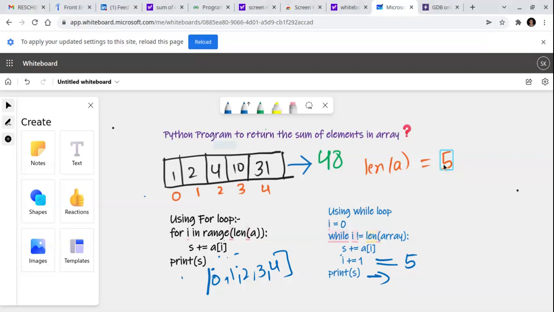You're watching how to return the sum of the elements in an array. So here we have an array 1, 2, 4, 10, and 31, which is of length 5, and the sum of the elements in the array returns 48. So we need to